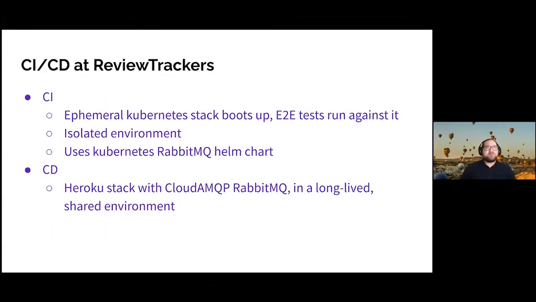There's a small difference between our CI/CD environments that is kind of interesting. For the CI suite of tests, those run in an ephemeral Kubernetes stack. The stack gets booted up, we run the tests, then they get booted down. It's an isolated environment behind a VPN, and those use a Kubernetes RabbitMQ Helm chart to boot up their Rabbit